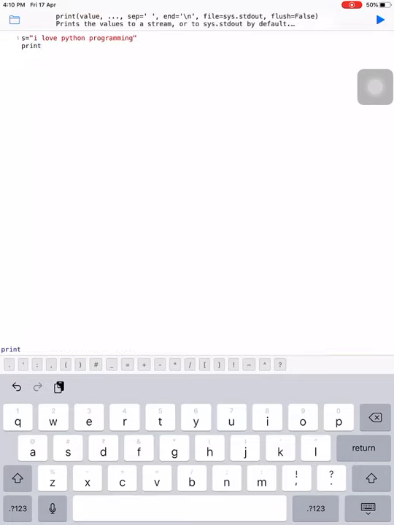What will the output be? I love Python programming. The string which you stored in the s variable will be printed whenever we call the s variable. So we can put a string like this also.